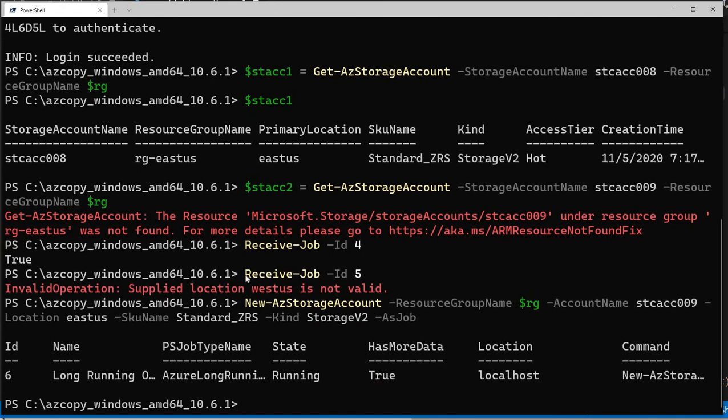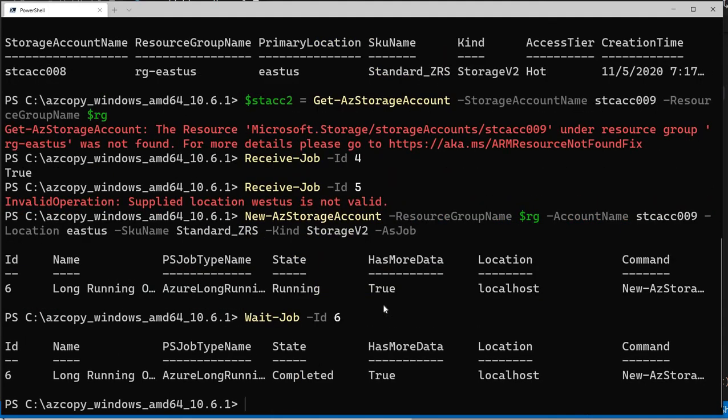You can always get the job details using receive job, which will provide the status of what is happening. We can wait till the job gets completed. For that the command is wait job, and for that particular ID we'll wait till it's been completed.